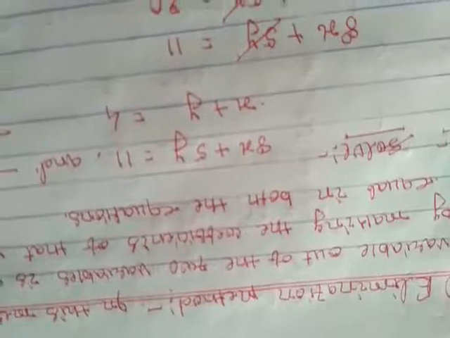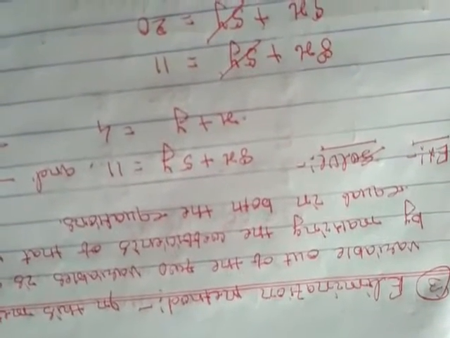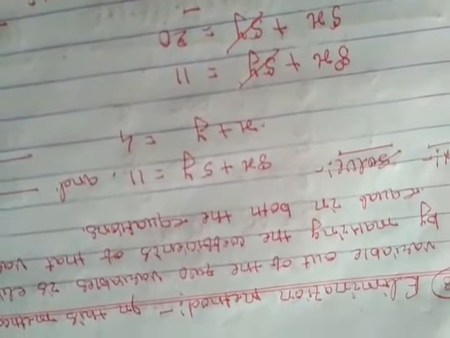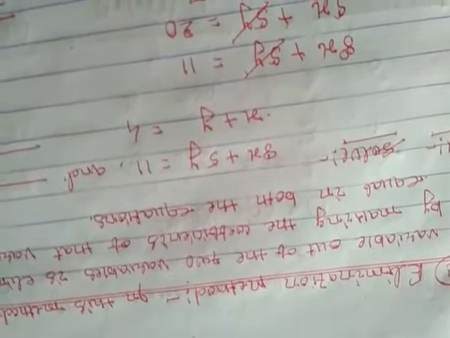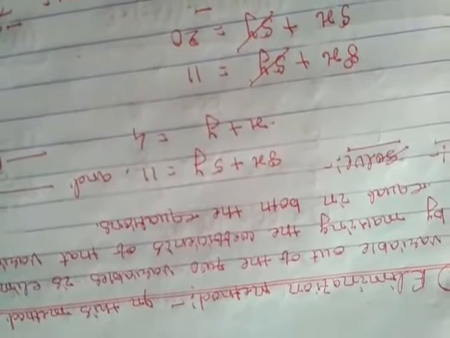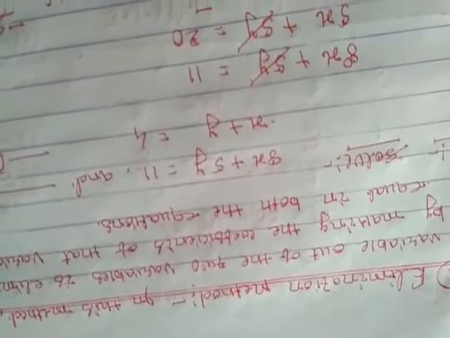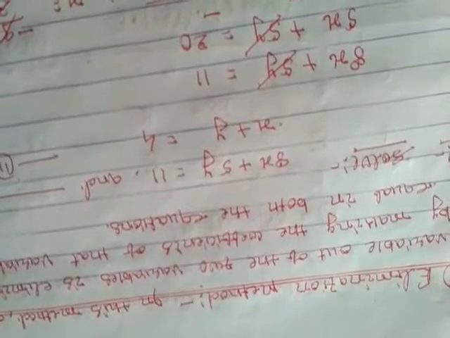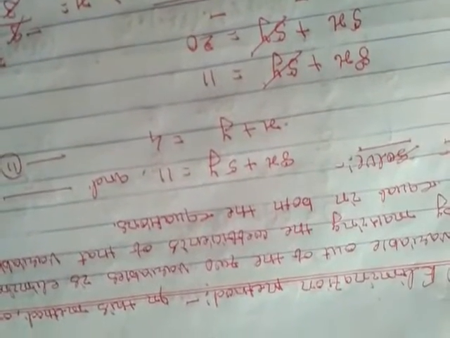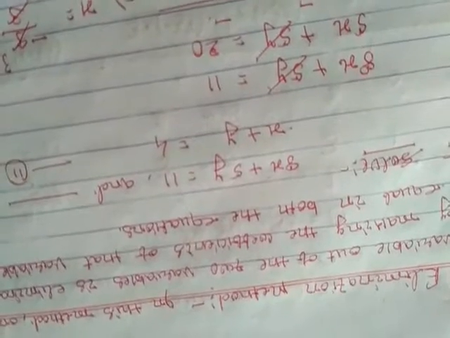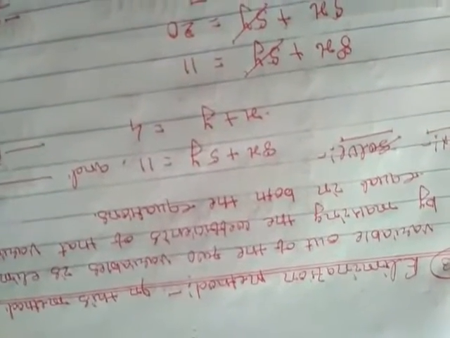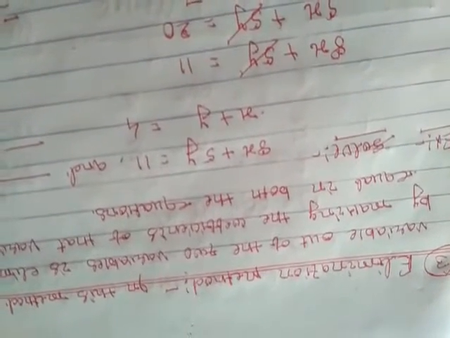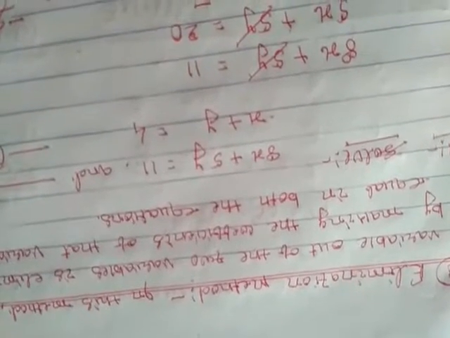In my previous class, I have discussed the linear equation of two variables and the methods to solve a pair of linear equations of two variables. We discussed two methods, named the graphical method and the substitution method. So proceeding from that, in this class, I am going to discuss the elimination method.